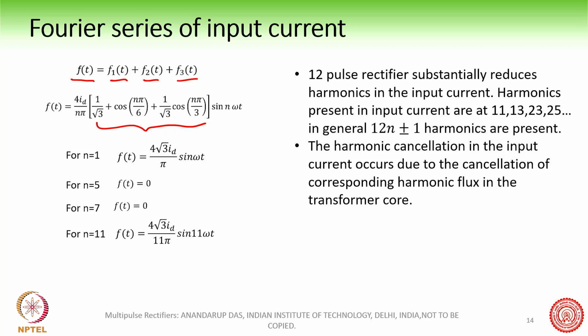Now let us put the values. Put n equal to 1. If I put n equal to 1 in this expression, we get f(t) equal to 4 root 3 Id by pi into sine omega t, right? This we will directly get. Now if you put n equal to 5, what will you get? You will get 1 by root 3 plus cos 5 pi by 6 plus 1 by root 3 cos 5 pi by 3. So what is the value here? 1 by root 3